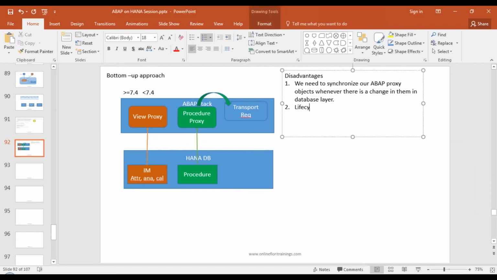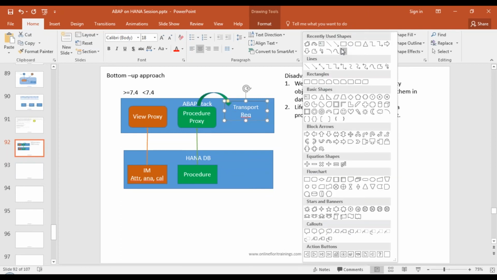Lifecycle management via transport is a problem when it comes to proxy objects. So one way to simplify is to use a single transport in which you lock your proxy object and also your database object.